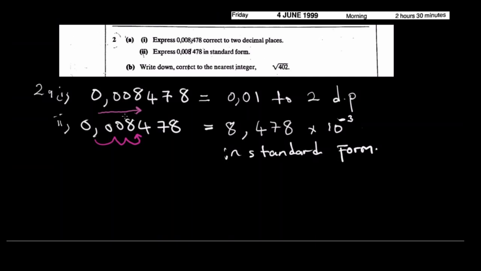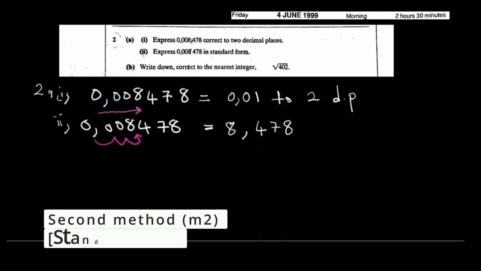Why is it, some may ask, negative here? Because this number is a very small number. It's a fraction, it's a decimal. But here we have expressed it as a large number. So in order for it to retain its small stature, we multiply it by 10 to the negative 3. Or if what I said did not make sense, let me show you another way of finding the standard form,